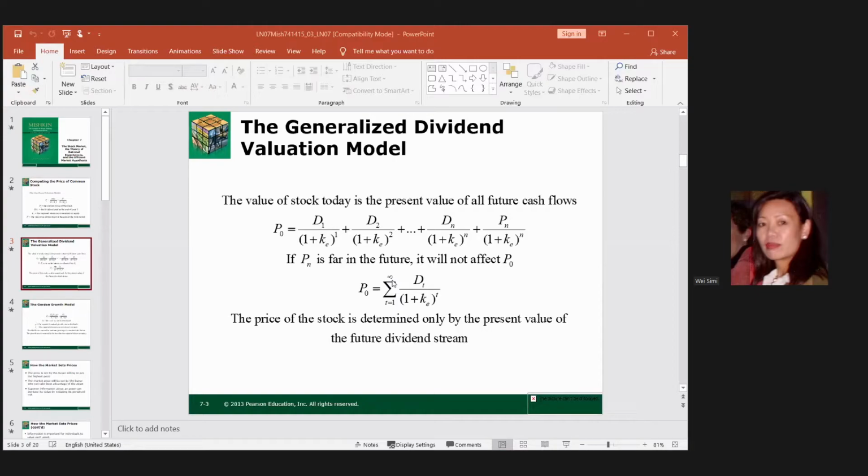That's what they do. Okay, they did that. That's the fundamental analysis. So we cannot base it on dividend. Very good. Okay, good. So this is just to give you some idea.